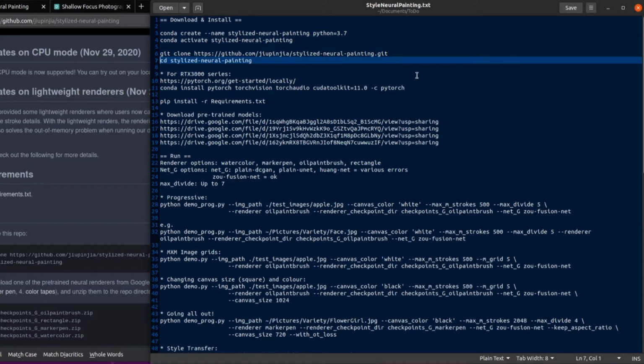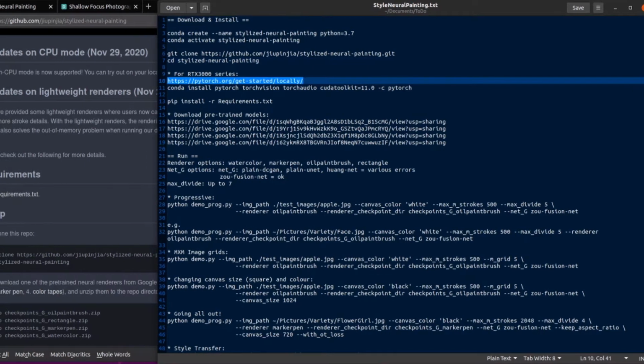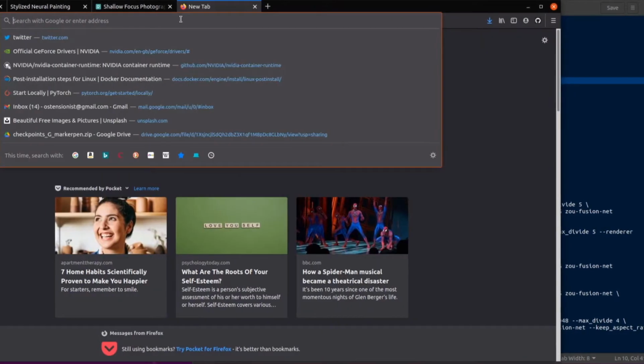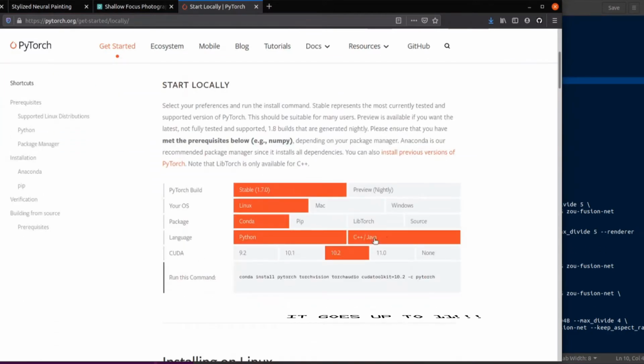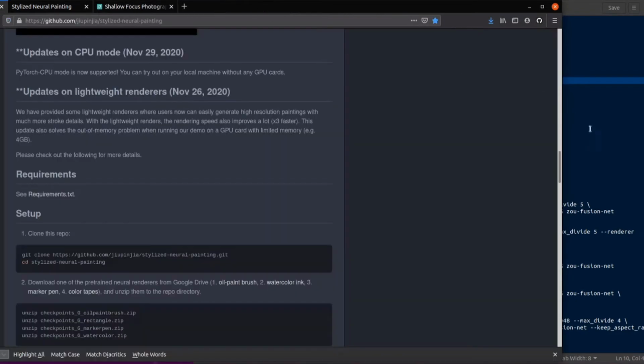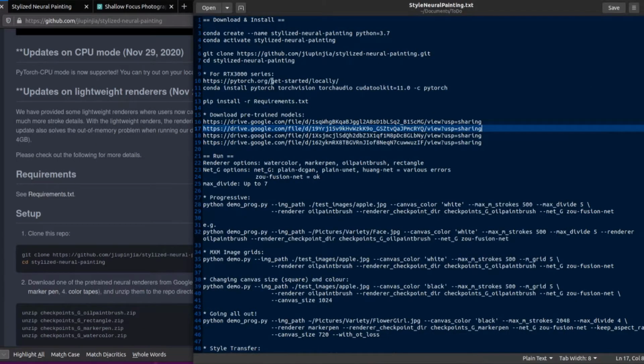Now, if you are, like me, using one of these new RTX 3000 series cards, then you will, of course, have to download the very latest version of PyTorch, which is currently 1.7. As you can see on here, if you put this up to 11, it gives you the command there: conda install pytorch torchvision torchaudio cudatoolkit=11.0, and make sure you use that channel pytorch there. So that's where I got that command from. That's going in there. Then, of course, you can pip install -r, capital R, requirements.txt,